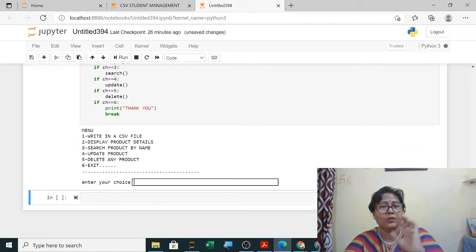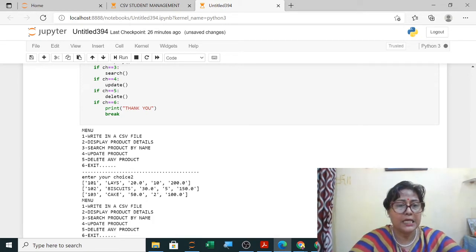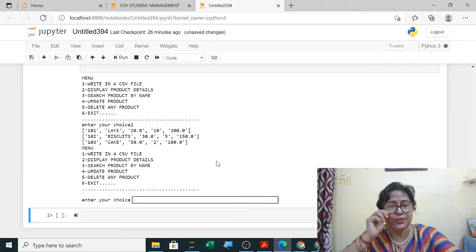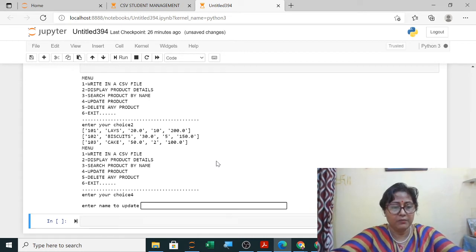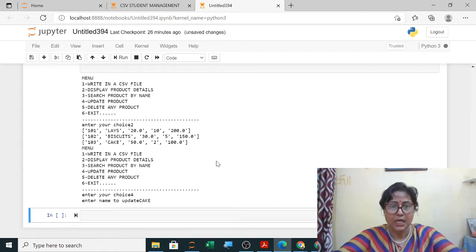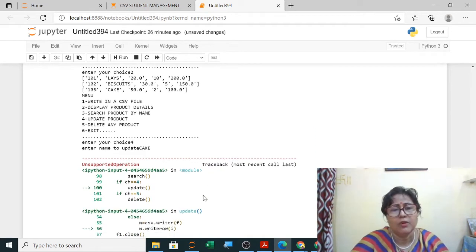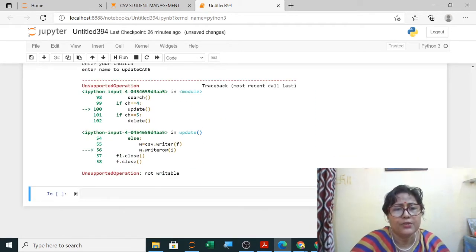So now 2 will be displayed and now cake price is 255. So I am entering 4 here. Name will be cake and what happened? Not writable. Why is it not writable?